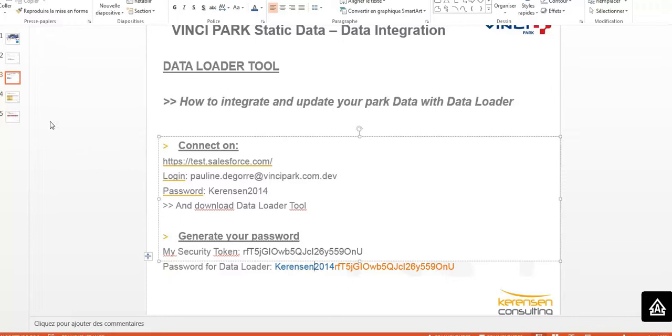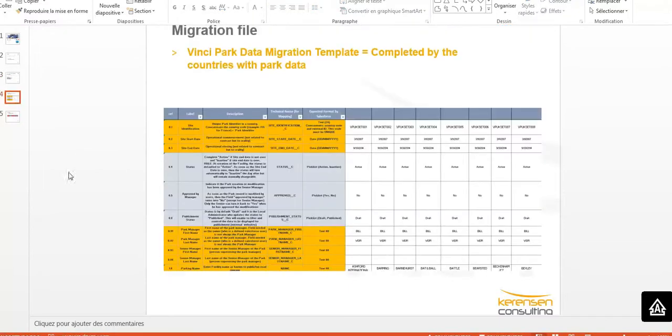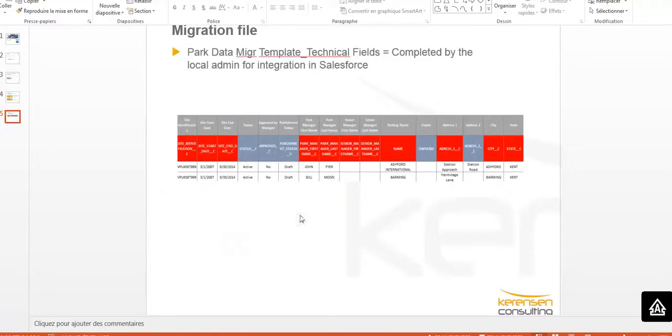Then you must actually rework the file completed by your country and containing all the park records. So you are the one controlling the data. So you take this file that will be communicated to the countries and you need to make a transpose of data so that you will complete your technical field file, your park data migration technical field.